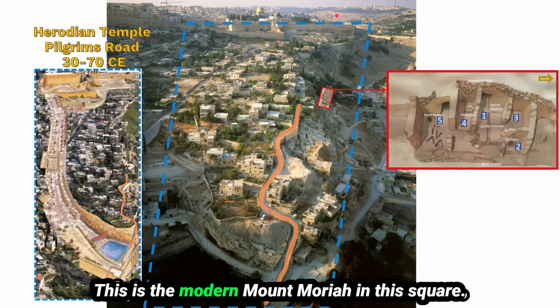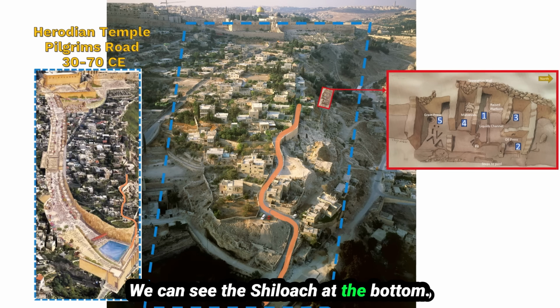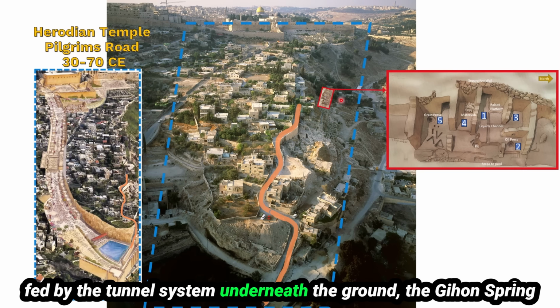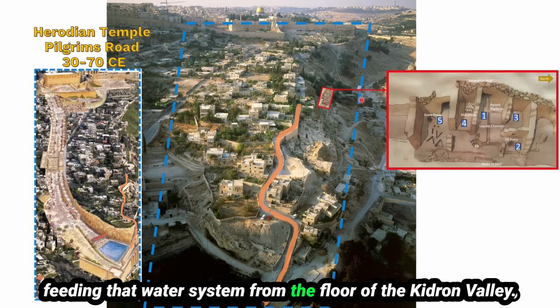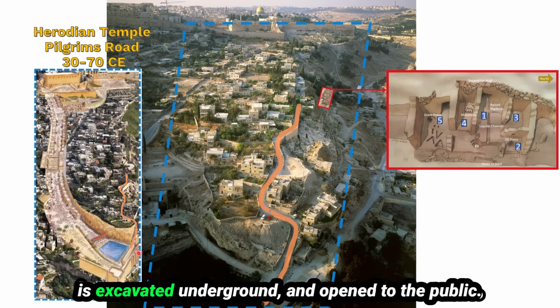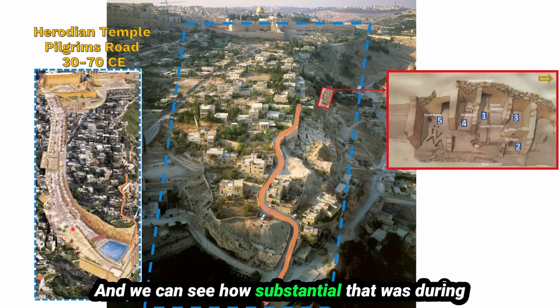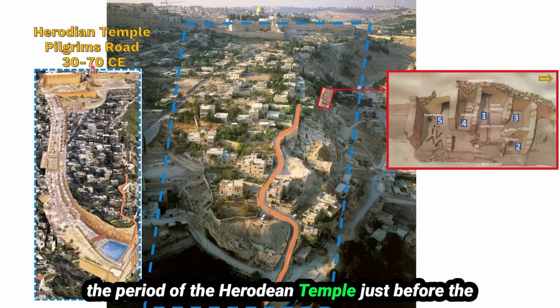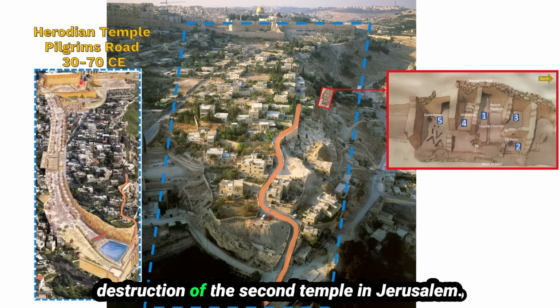This is the modern Mount Moriah in this square. We can see the Shiloach at the bottom, fed by the tunnel system underneath the ground, the Gihon Spring feeding that water system from the floor of the Kidron Valley. On the western side, we see the Pilgrim's Road, which is excavated underground and opened to the public, and we can see how substantial that was during the period of the Herodian Temple, just before the destruction of the Second